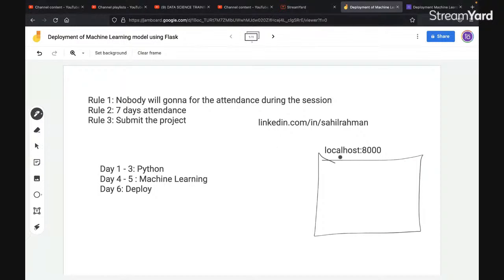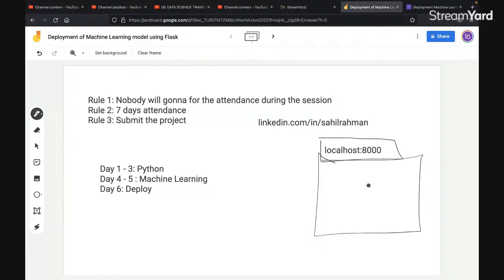Now, in order to do so, you have to buy some domains. Over here you can see, if I want to access this website, even though you can access that as well, you have jamboard.google.com and so on. So in this entire session, we are going to understand how you can create a website. Our major focus will be on the backend side rather than the front end side. I'm not going to discuss HTML, CSS and so on because that will consume a lot of time. Our major focus will be on the backend.